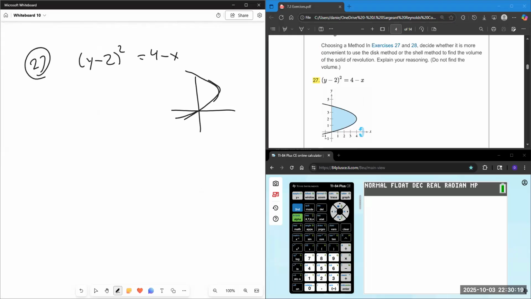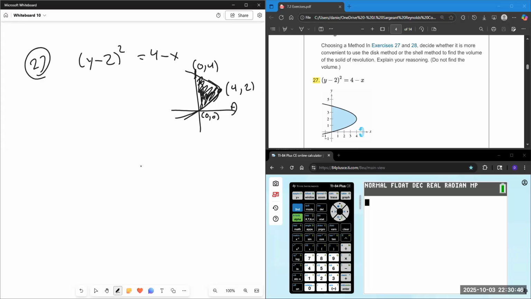This sideways parabola that has a vertex at 4, 2, and y-intercepts at 0, 4, and 0, 0. We're going to revolve around the x-axis, and we just want the region between the y-axis and the curve